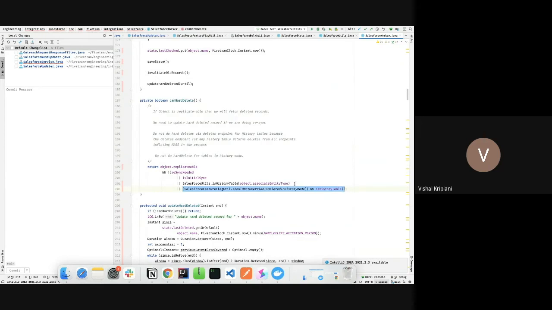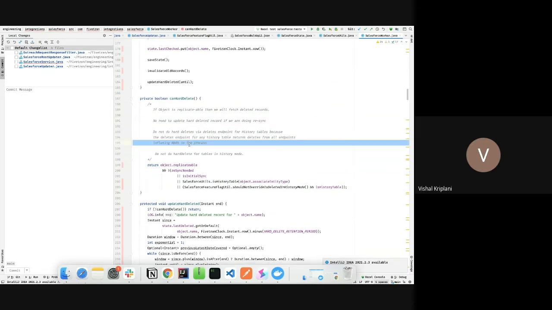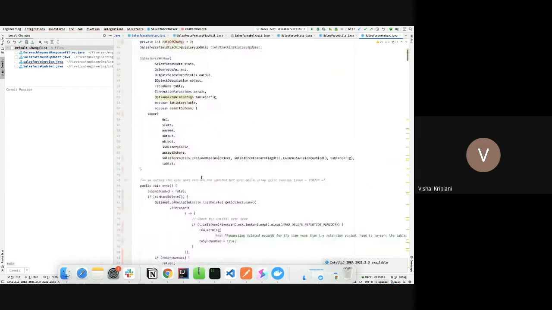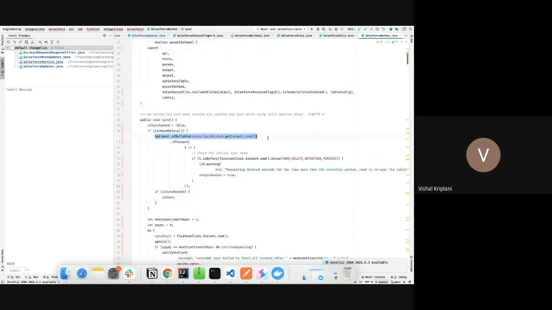So whether this object is hard delete or not, it's decided on three things. First thing is whether this object is replicatable. Second, whether we should not do resync for this object in this current sync, that this current sync should not be the resync or initial sync for this object. And the third thing is this object should not be a history table in Salesforce. So if all these conditions are true, then we go inside this and we check the thing,